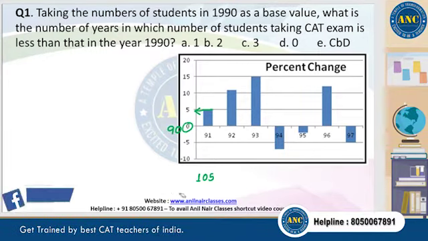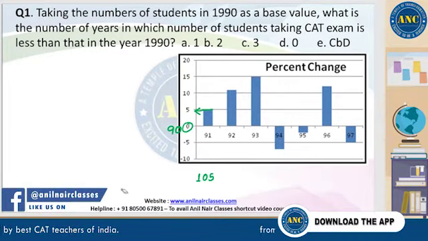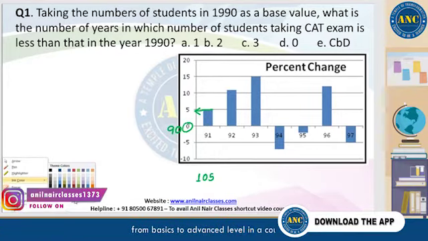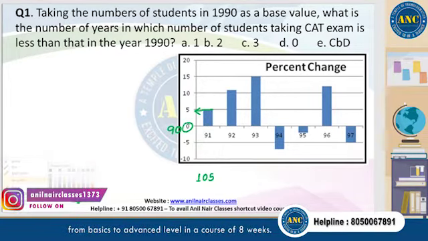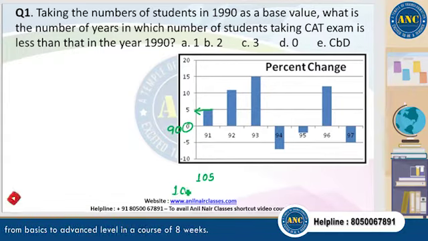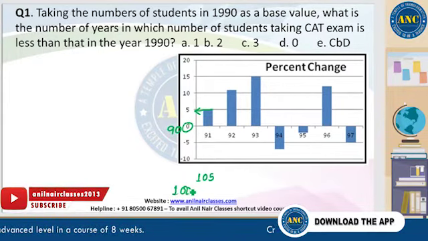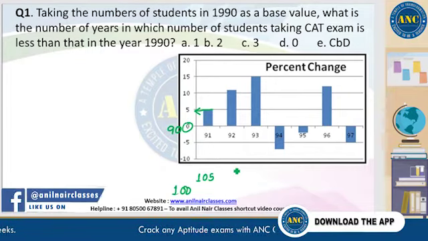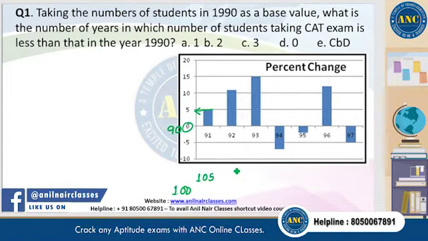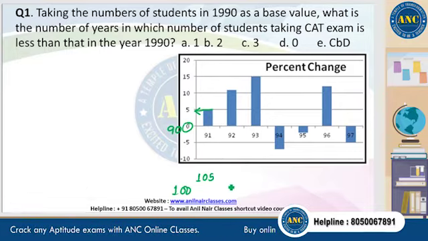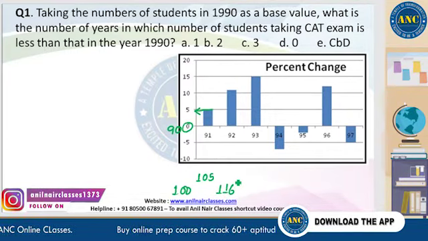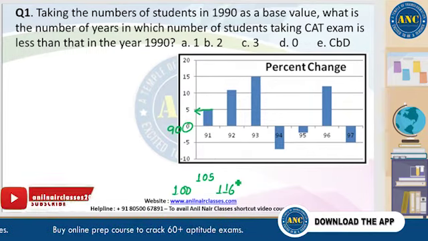Trying to discuss for the year 92. Well, what's the value that we are looking at for the year 92, right? So if you look at the year 92, that's another 11% or so increase. So we can say 10% of 105 would be about 10.5, and 11%. So ballpark figure, for example, 116 or something, maybe a tinge more than 116, but should not really